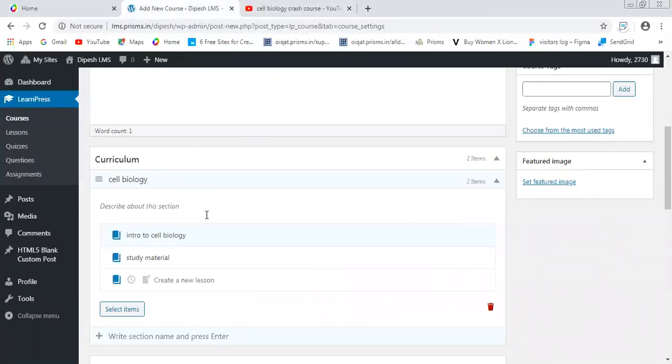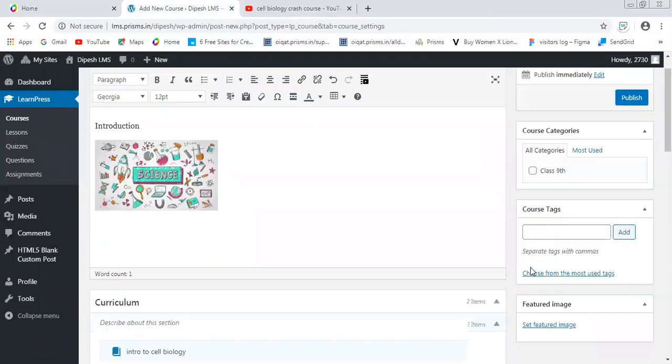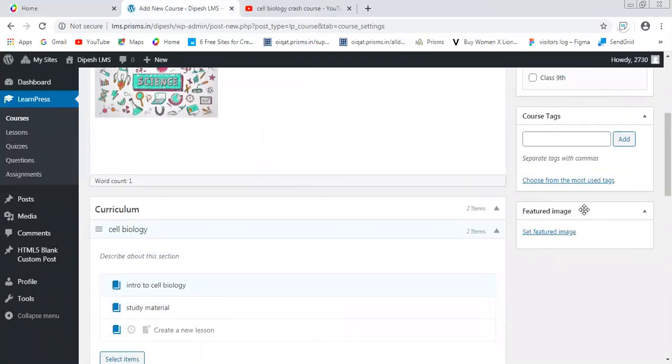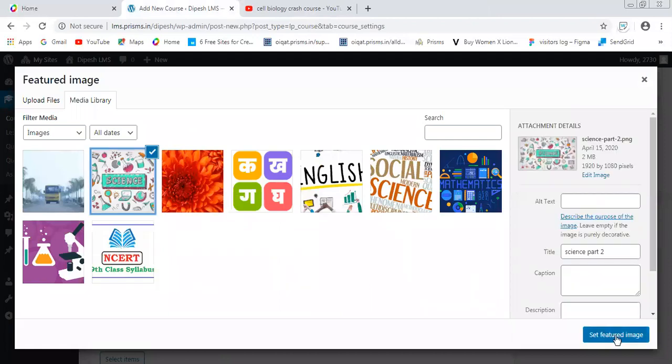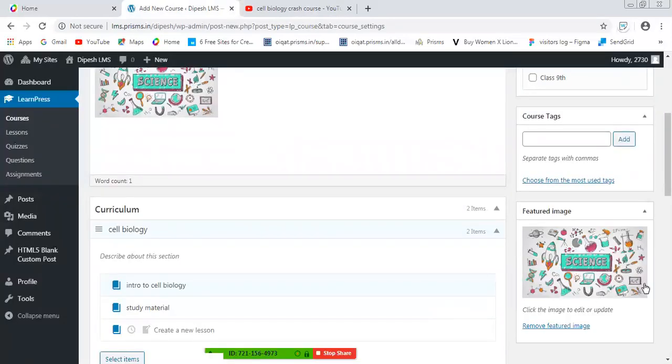So now we have created lessons. We have created a course. You can also set a feature image for your course. The feature image allows the student to select that particular course among all other courses, as this image will be